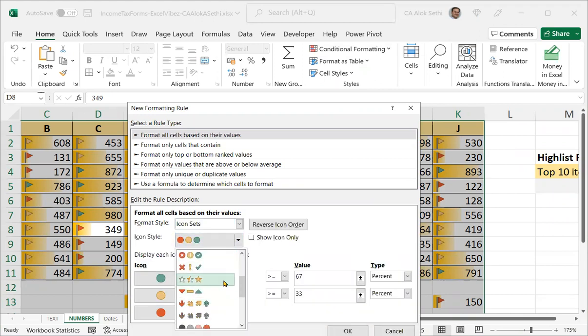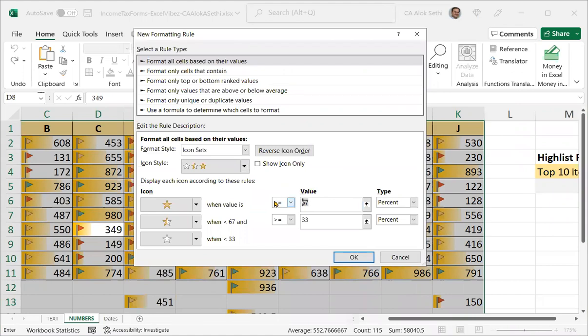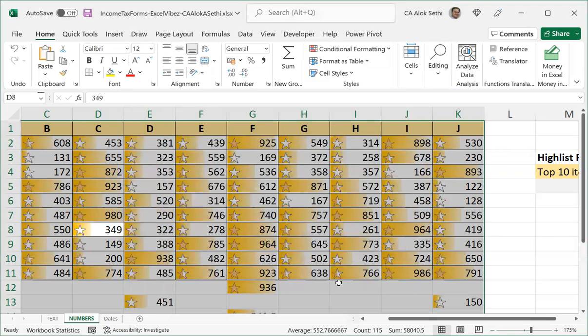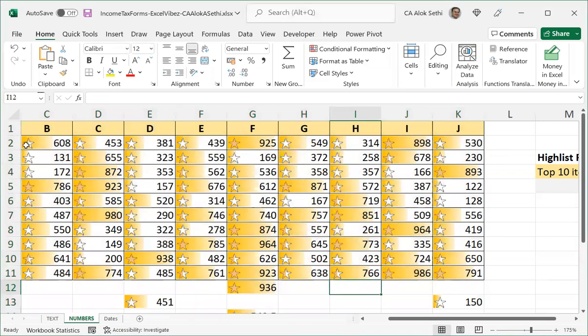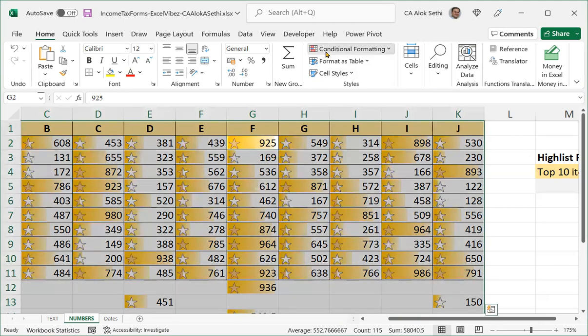So there is a star rating also. You can use stars also. ठीक है, and you can define your own criteria. जैसे आपको चाहिए कि 1/3 और 60 की जगह 75% करना है यहाँ पर. ठीक है, और फिर 75 के बाद हमें 50 करना है यहाँ पर. तो you can do like that also. अभी देखो स्टार कुछ जो कम है वो खाली आएंगे, जो पूरा है वो पूरा भरा हुआ आएगा, something like that you can do. Okay, so these are different